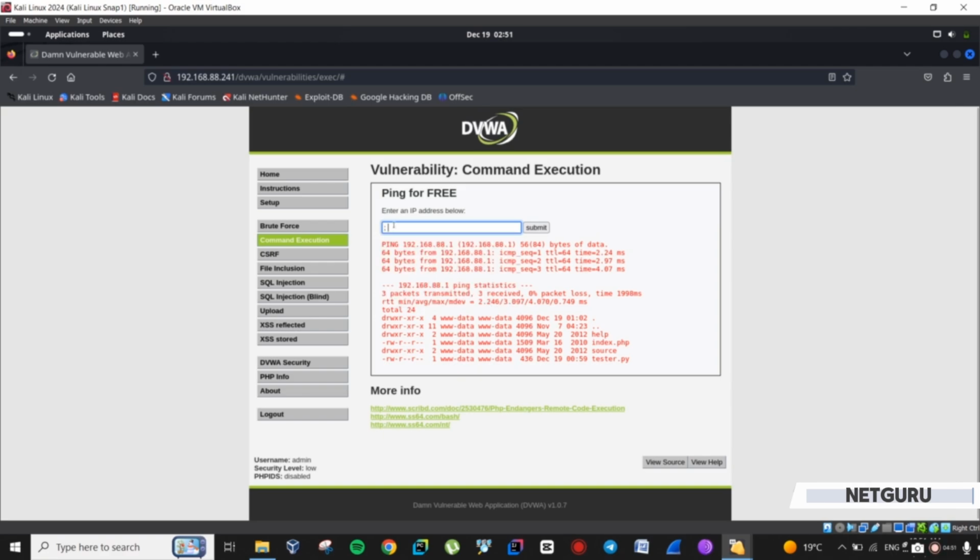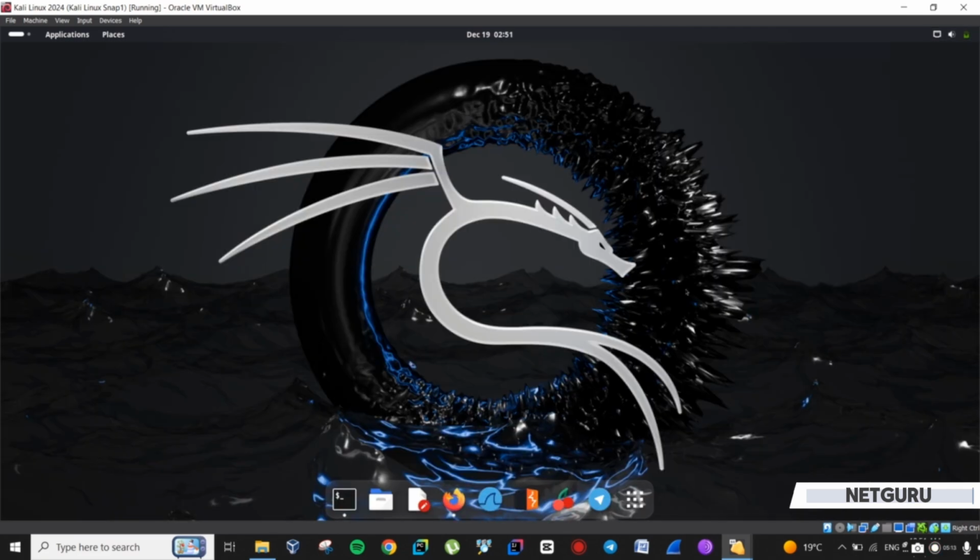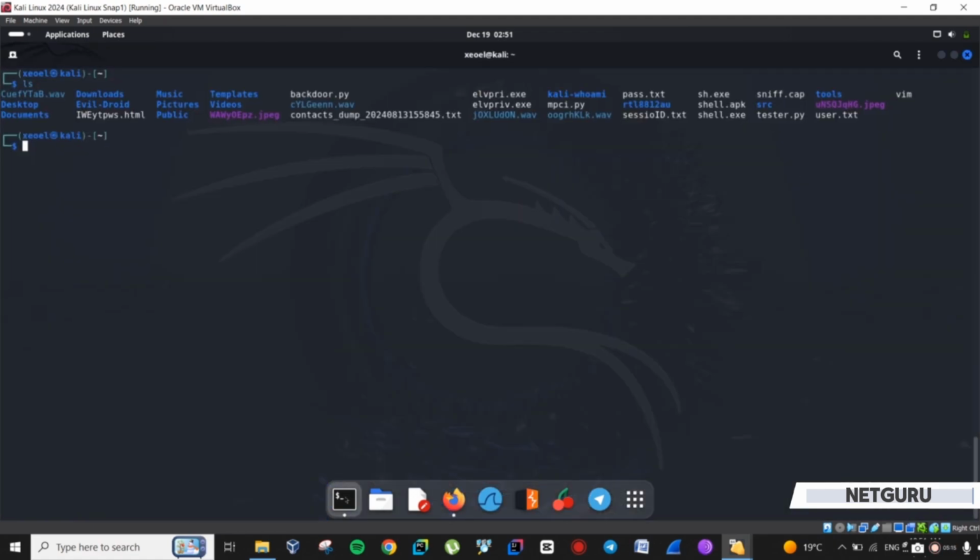The way this web application will think is that there is definitely an IP address before the semicolon right here. That's why I just put the semicolon and then the command that I want to run. The way we can gain access from here is by using the netcat command, and we all know that